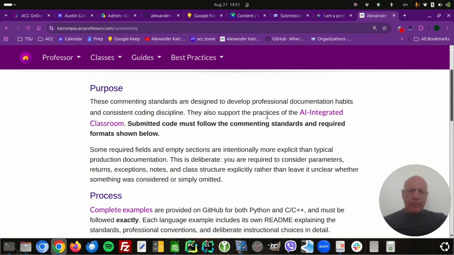These standards also support the AI integrated classroom, and that is where I have used AI purposefully to generate code. But you need to write comments to explain the code, right? So hopefully that's helping you understand the code that you're writing by thinking about it afterwards and then writing comments. Now, technically, you could actually have the AI also write the comments. And then you could just ignore that and not read the comments, but then you wouldn't be learning anything, right? So even if you have AI generate the comments for you, that's fine, but read them, understand what is going on in the code that you're commenting.